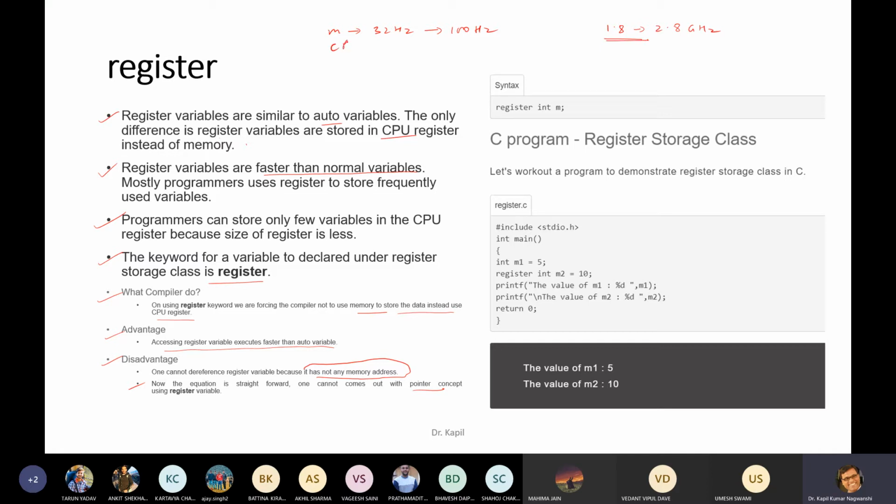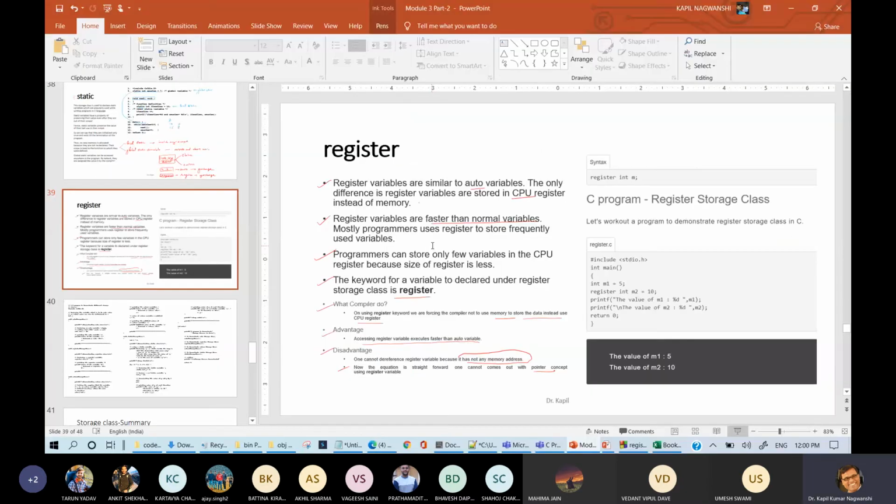And the CPU speed at that time was 100 megahertz, and now it is 1.8 or 2.8 gigahertz. So there is almost no difference between memory and processor speed. Fine. So are you able to understand the difference between register and normal integer?